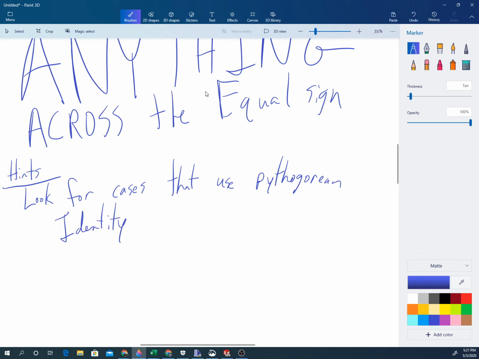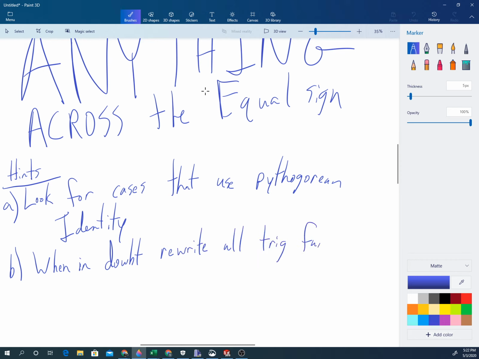Because that is very, very commonly used when you're verifying identities. And then the second hint is, when in doubt, rewrite all trig functions as sines and cosines. And so remember, when I say that, I had shown you